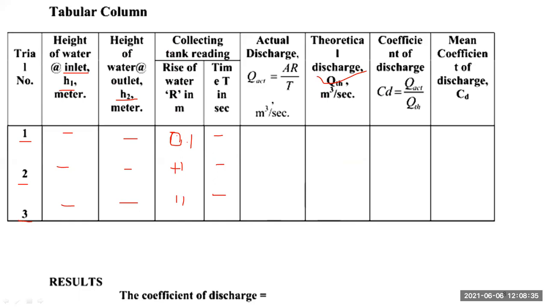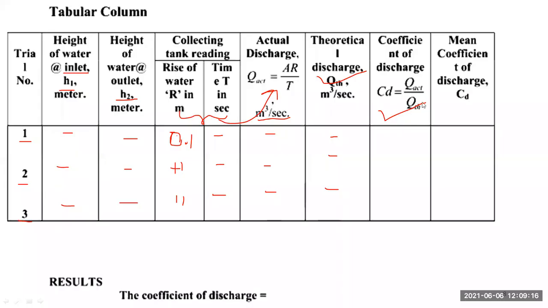From these two data, R and T, you can calculate the actual discharge, that is Q actual is equal to A into R by T, in terms of meter cube per second. Once you get this actual discharge and theoretical discharge values, you can calculate the coefficient of discharge, the ratio of